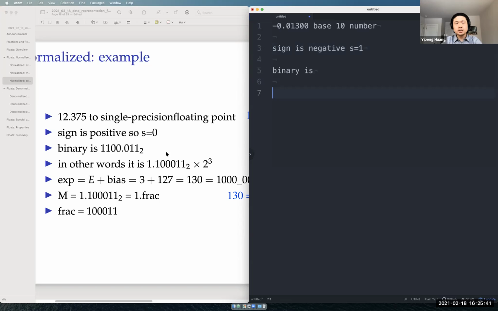Next is the binary representation of this. We've taken care of the sign, and we have to figure out what the binary notation is for this number. So 0.013 equals